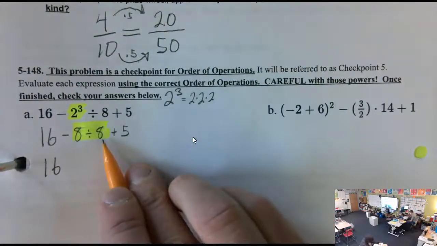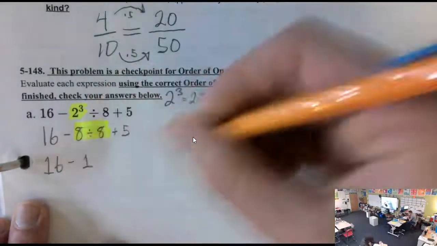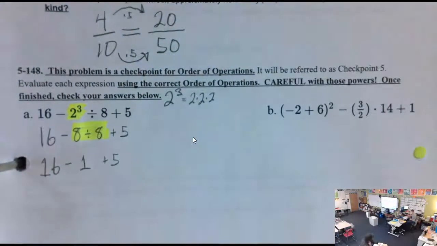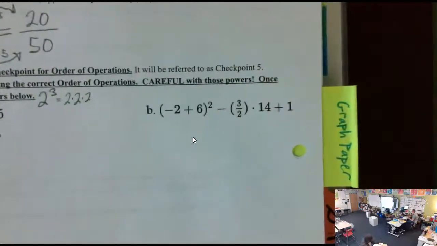What's 8 divided by 8? 1. So that becomes 16 minus 1 plus 5, and then we take it from there. I think you guys can probably do that. In B,